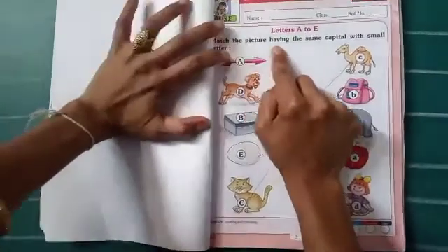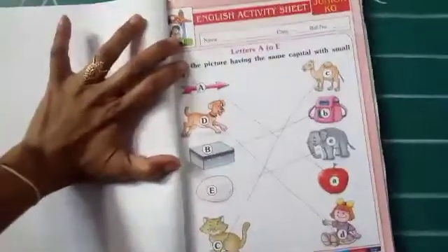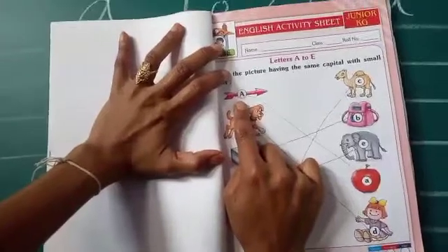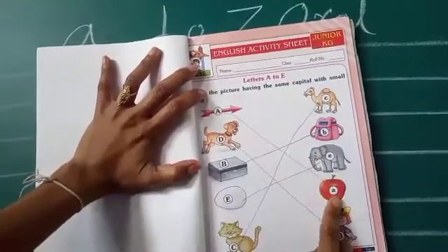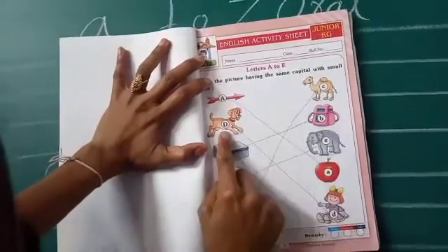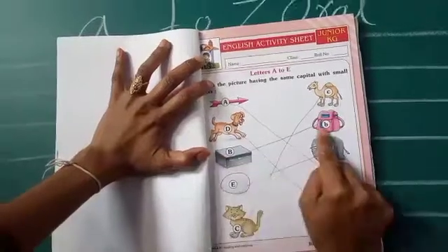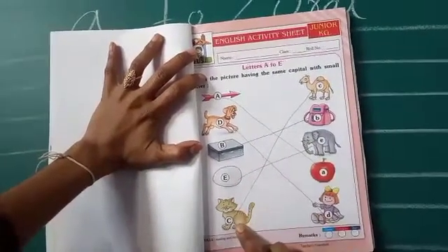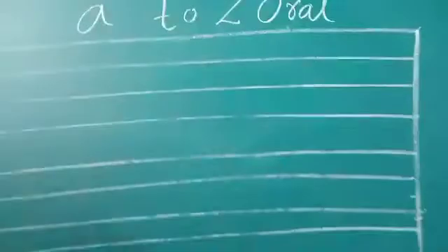Match the pictures having the same capital with small letters. You don't know small letter, no. Today I will start with small letters. But once I explain you this one what? Capital A. Here see very small a. This is small a. A, capital A, small a. Do matching. Okay? Capital D, small d. Capital B, small b. Capital E, small e. Capital C, small c. Matching you do. Today I will start with small letters. Okay?